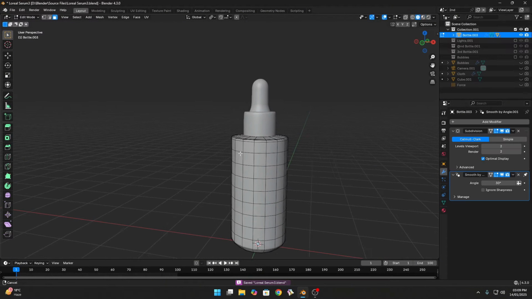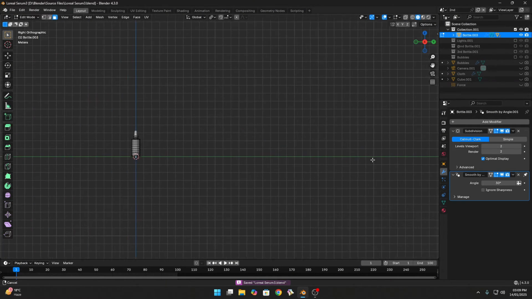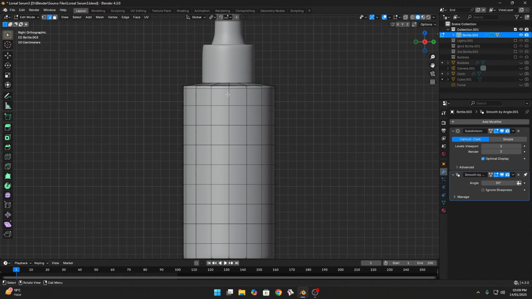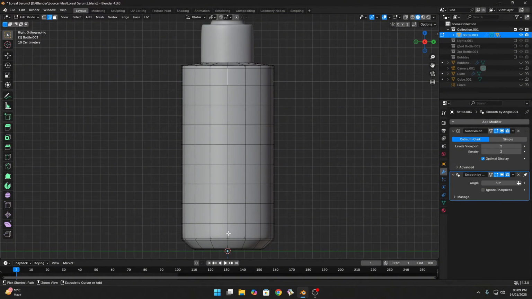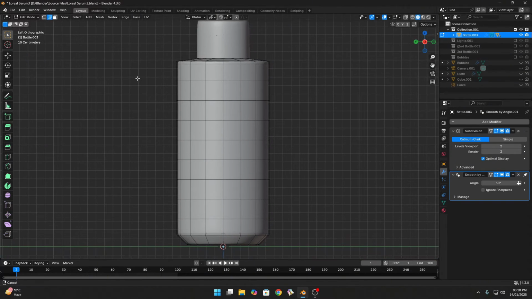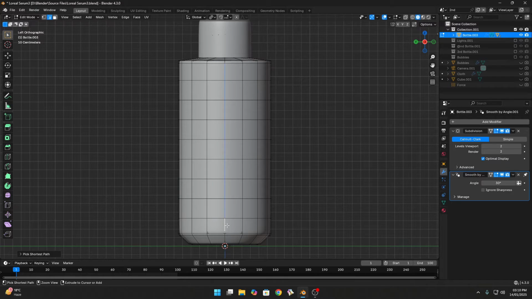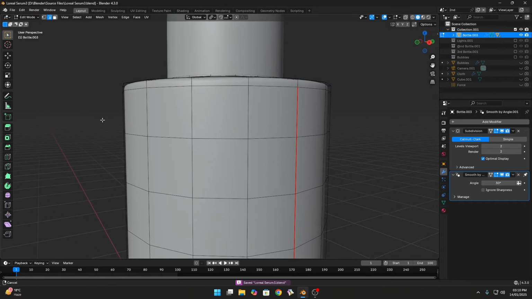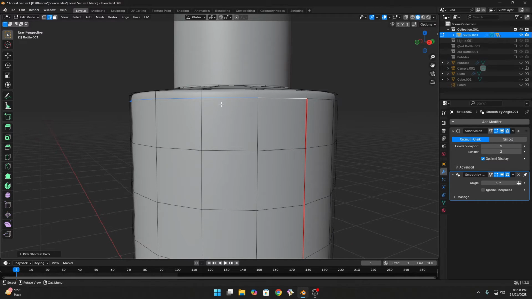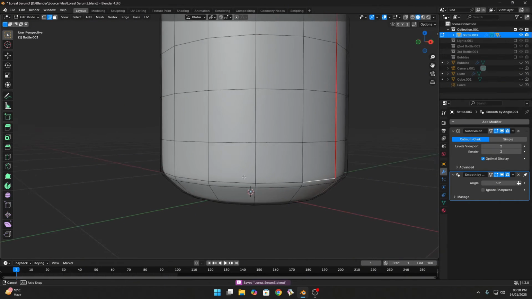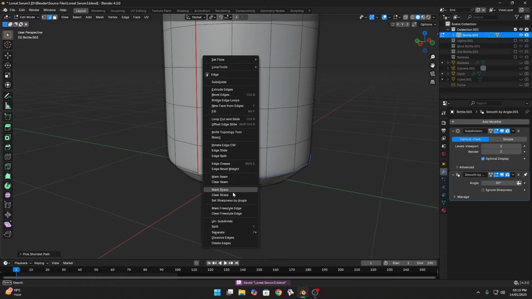Just go to Blender, select this bottle, and I go to orthographic view on the X axis and simply go to edge select mode, select this edge, hold Ctrl and click on there, so it selects all this edge, and right click, mark seam. Minus X orthographic view, select this same, hold Ctrl and left click here, right click mark seam. Now select this. After selecting the edge, hold Ctrl and select this, so it selects the whole loop. Right click mark seam, and same for this one, select this edge, hold Ctrl and select this and mark seam.